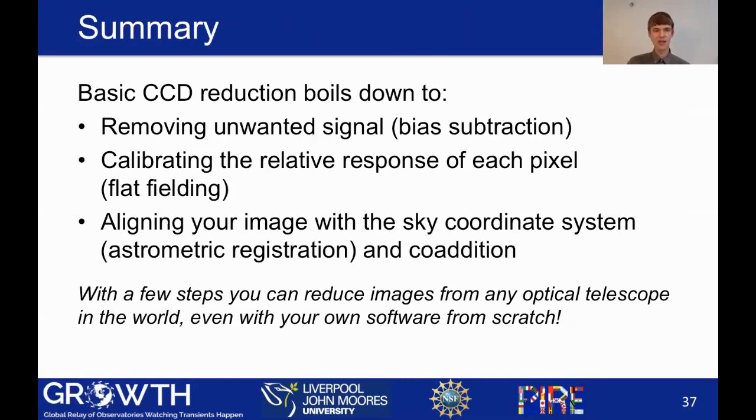And we'll do this in practice during the upcoming Python exercises. So to summarize, basic CCD reduction boils down to 3 basic steps. The first is we remove the unwanted bias signal via bias subtraction. The second is to calibrate the relative response of each pixel using flat fielding. And then finally, we align our images with each other and calibrate against the global sky coordinate system via astrometric